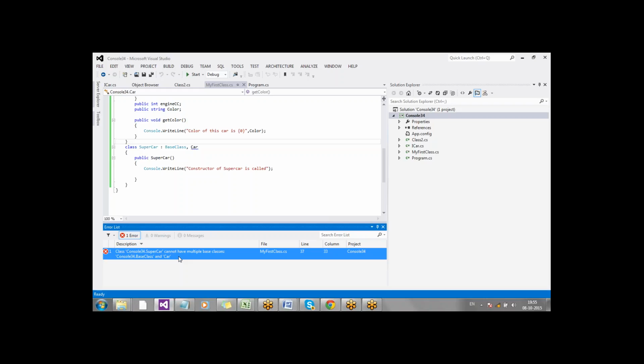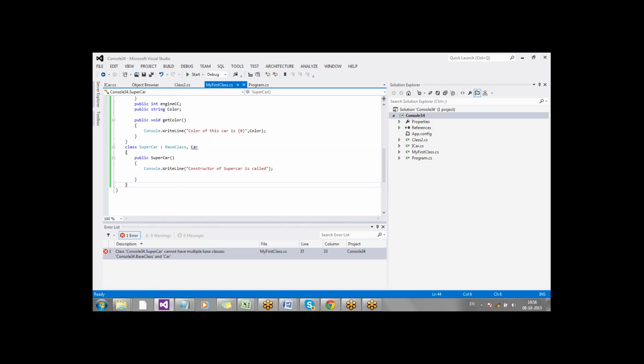SuperCar cannot have multiple base classes. What does that mean? One class cannot have more than one base class. You cannot have multiple inheritance through classes. Fine? Is it understood? Is it understood or not? Vishwa, are you there? Vishwa, can you hear me?